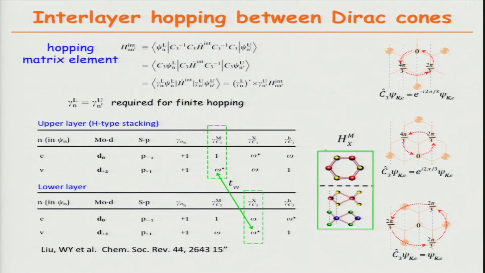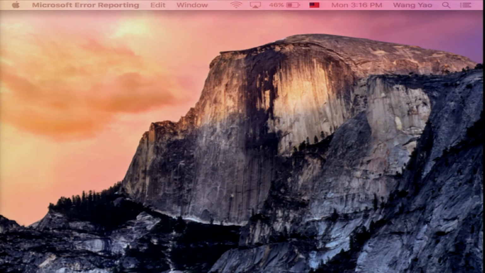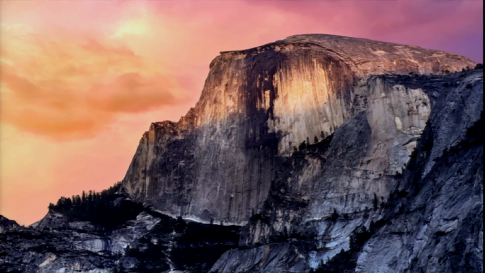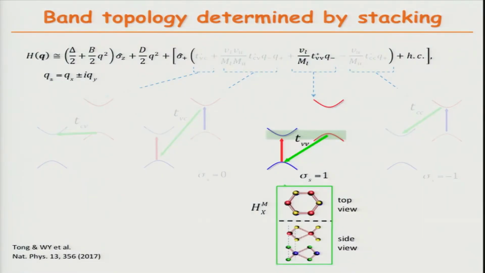So under this particular stacking, high symmetry stacking, we only have this interlayer hybridization term, and that would dictate that this heterobilayer would be a quantum spin Hall insulator if you go to the inverted regime where the two Dirac cones